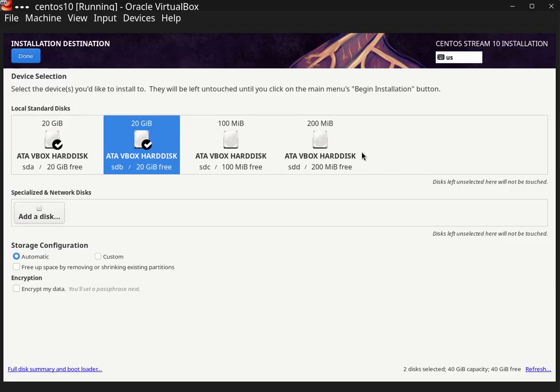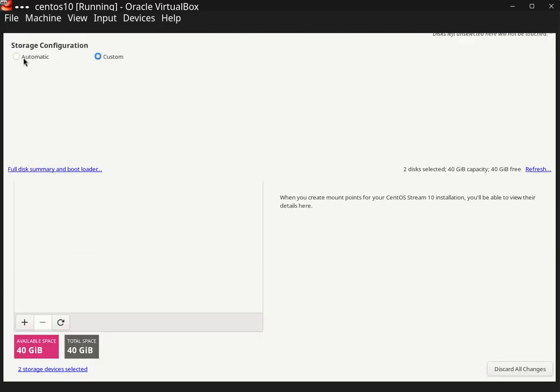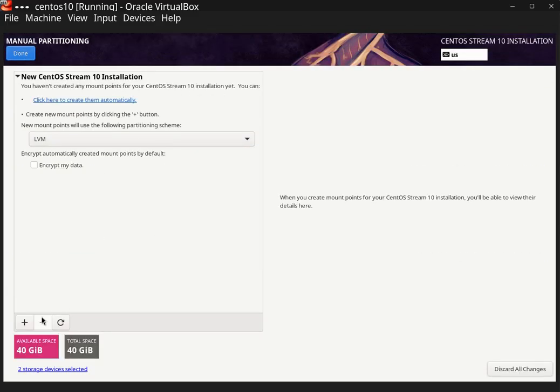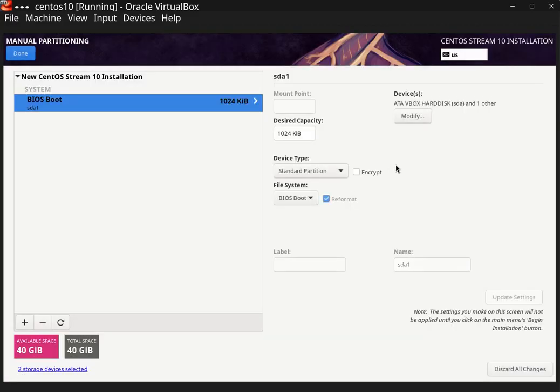I will provide the /home later, so I'm going to start as a custom install, and I hit done, and I want to have RAID in this system. The first thing I'm going to create is the BIOS boot, which is needed. I hit 1, which is 1 megabyte default, and I will